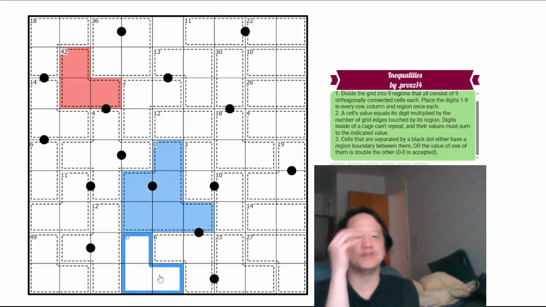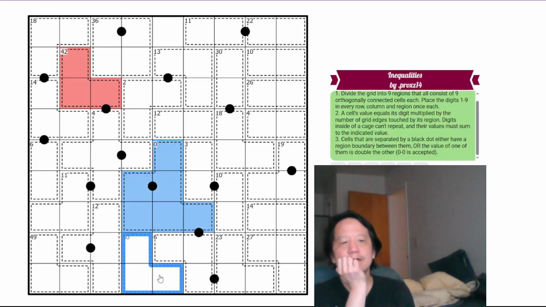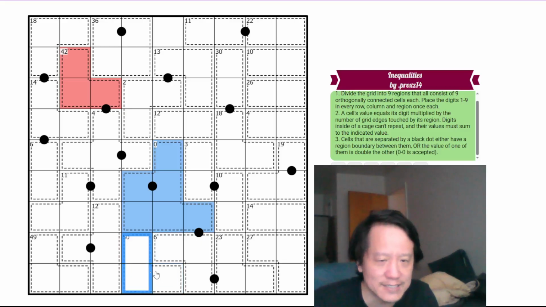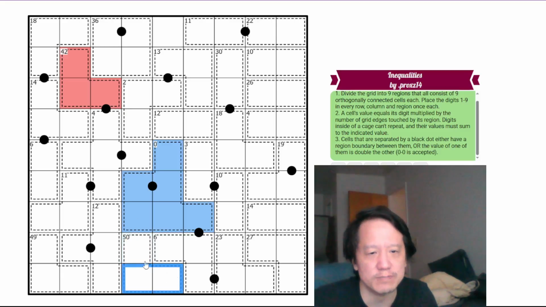This is 50. 7, 8, 9 is 24, times 2 is 48. So there has to be a 3-digit multiplication here. So 3-digit, we're going to do black. So this has to have a 3 here, guaranteed. So this is a region here that has to have touched 3 cells. Because to get to